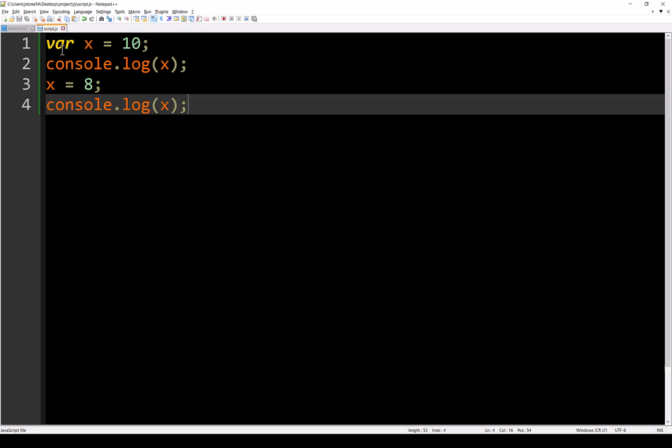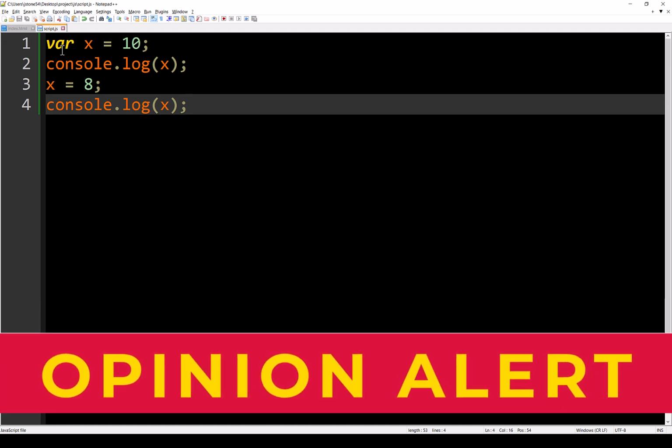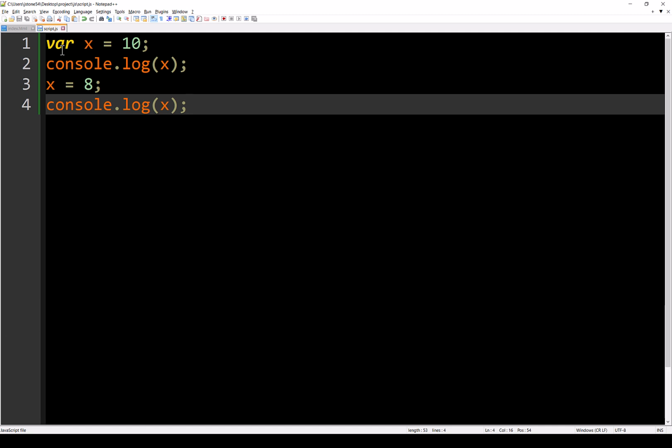Const is short for constant, right? That's why you can't change it. Now, you will see a lot of people use const in ways which, in my opinion, you shouldn't be. My paradigm is use const when it's a constant. For example, maybe you're programming a game and you wanted to have a gravity constant, right? What is it, 9.8 meters per second squared? I don't know what gravity is, but whatever, const equals 9.8, and you just leave it at that.